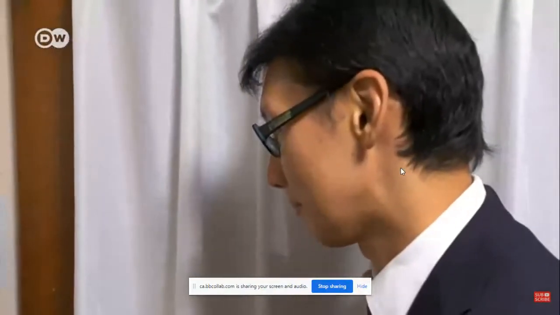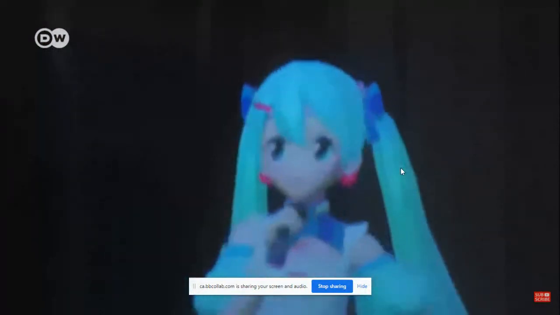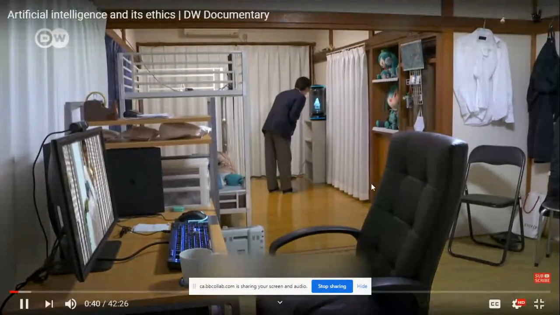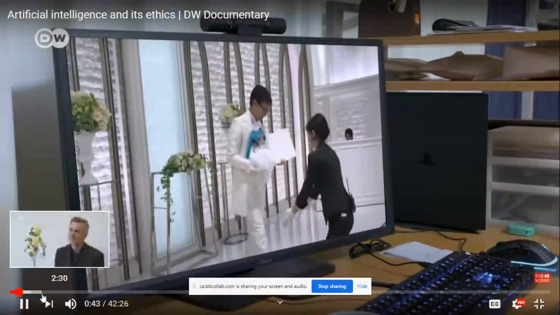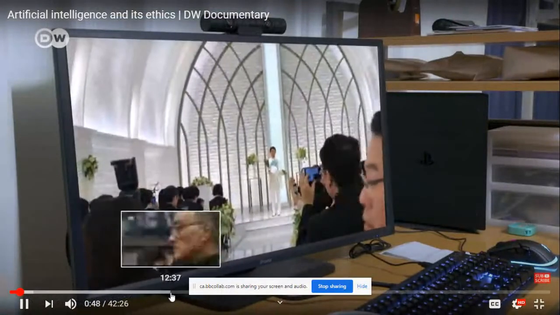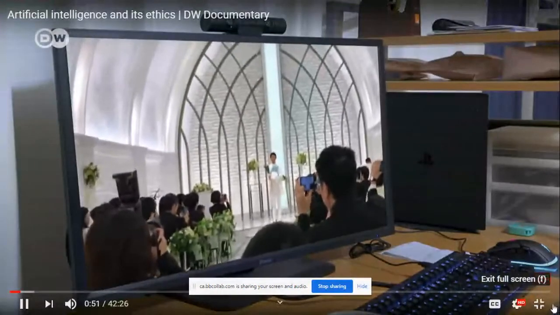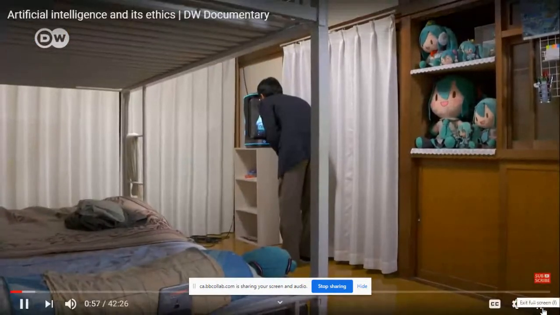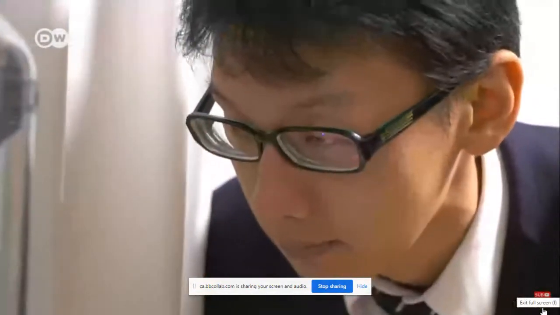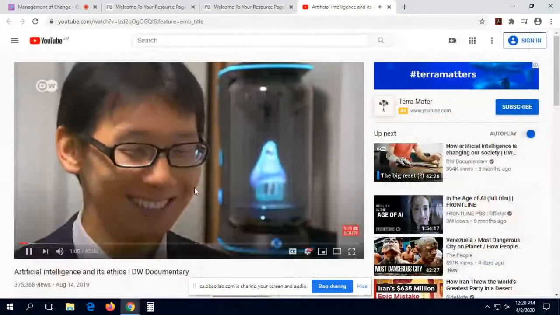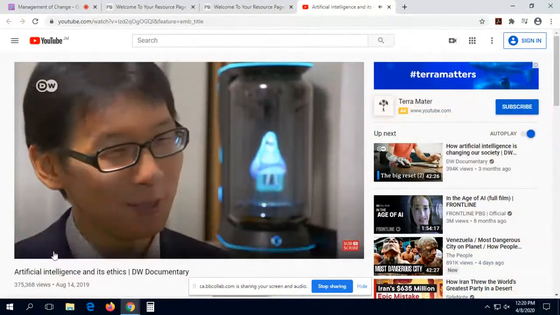Miku is a simple form of artificial intelligence. And for Kondo, it was a case of love at first sight. Miku has become a legitimate pop star and even appears at concerts as a 3D projection. In November 2018, Kondo married Miku at a ceremony in Tokyo. He placed the ring around the wrist of a Miku doll. He now keeps the doll in his bedroom. Kondo's relationships with real women have been painful, so he chose a virtual partner. I love her, but it's hard to say if she loves me. Still, if you asked her, I think she...